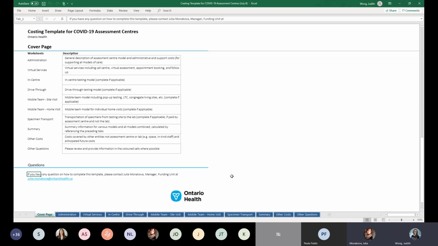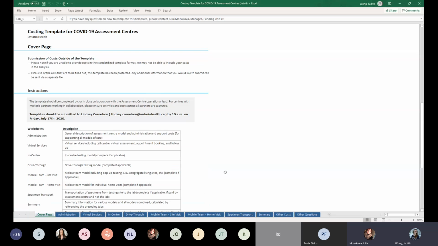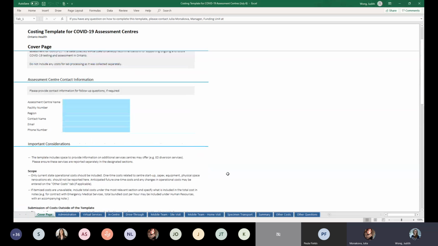If swab lab testing is being provided and paid for, or laboratory processing is being paid for by another hospital, who should be reporting cost in order to have cost per visit accurate?